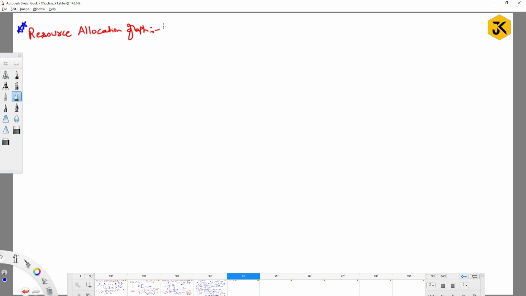So the resource allocation graph, I can also call it a RAG, which is generally used to represent how the resources are used by processes. We are going to represent it in the form of a pictorial representation, which can simply define the state of processes, so that by looking at the diagram, we can define